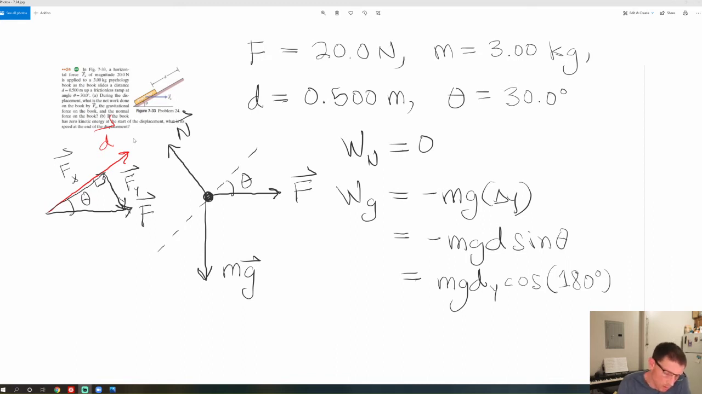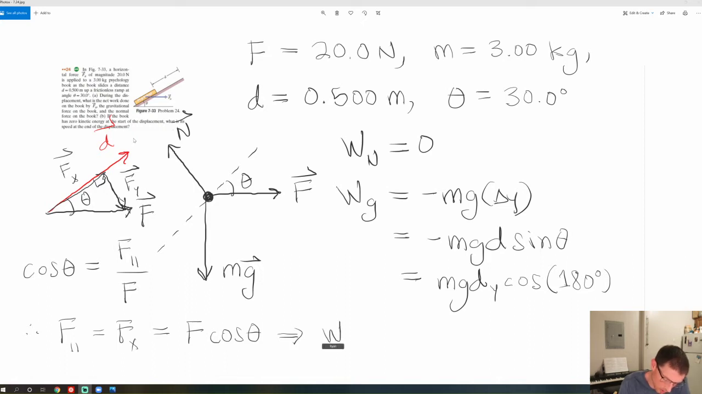So what we would write then is cosine theta equals f parallel over f. And this tells us then that f parallel, or fx, just in case that wasn't clear, is simply f cosine theta. And then from this, we see that the work done by the applied force, which I'll call W sub big F, is going to be F d